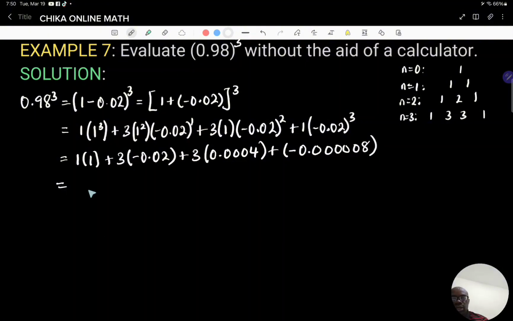So this is nothing but 1 times 1 is 1, plus 3 times minus 0.02, so minus 0.06, plus 3 times 0.0004, which is 0.0012,